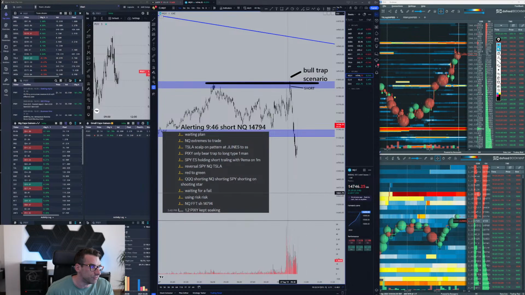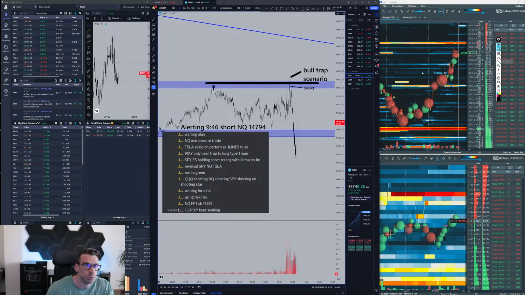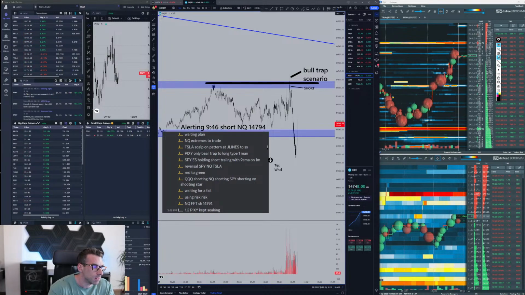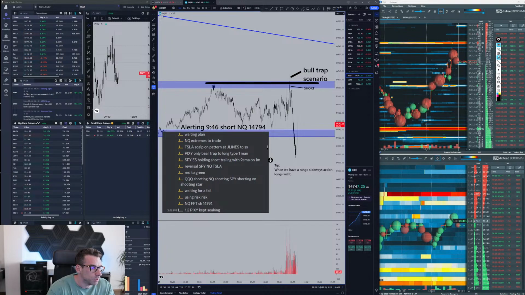I want to write over here a few things to make you understand why they do this. Because long players, okay, will be trapped. And we can write a few things about it. Tip: when we have a range, sideways action, longs will be invited to